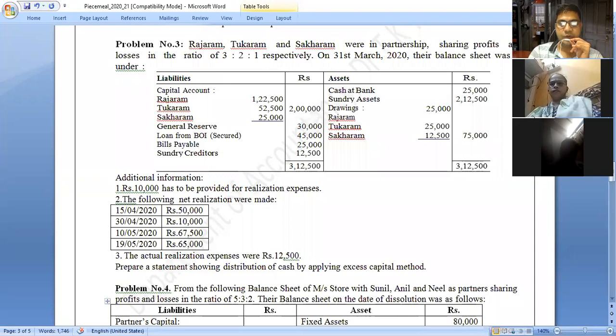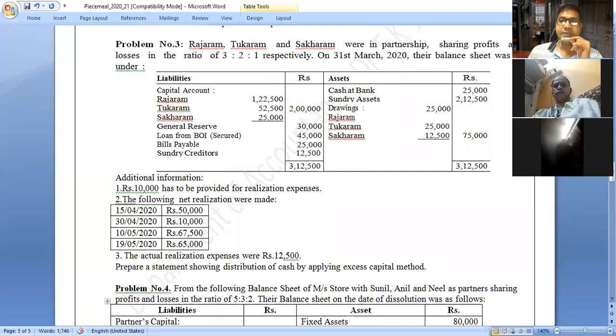Tukaram's excess capital we got 2,500, after deducting the proportionate capital 35,000 from the adjusted capital 37,500. Then Sakaram's adjusted capital was 17,500 and the proportionate capital also 17,500, so his excess capital is nil. It means two partners are holding excess capital: Rajaram's 60,000 and Tukaram's